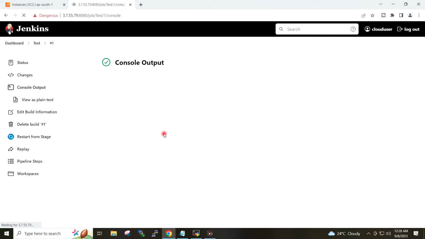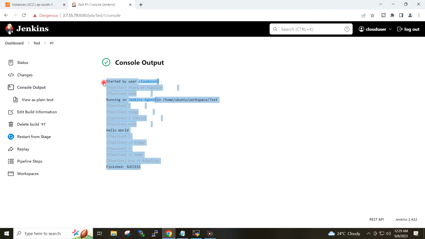So the build completed successfully on the agent, which means our connectivity between the master node and the agent is successful. I will delete this test job.